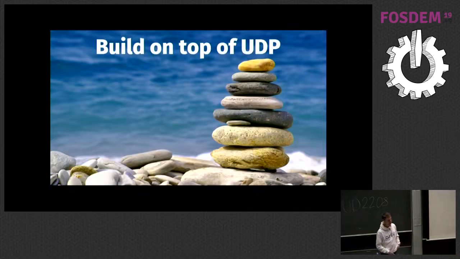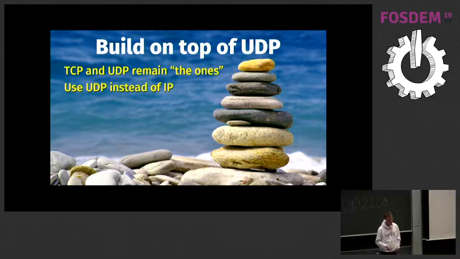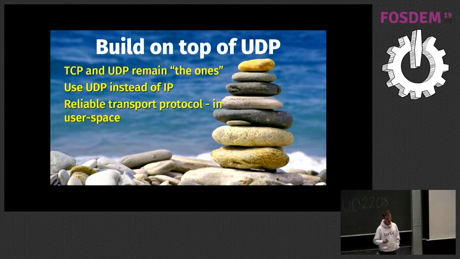And so to make this transport protocol, since I said we can't introduce new transport protocols, and we don't, then we just build it on top of UDP instead of replacing UDP. So we leave TCP and UDP. They can be like they are, right? We don't have to touch them. We instead use UDP as if it was IP, basically. It's just transporting datagrams. So we implement a reliable transport protocol in user space on top of UDP. Basically a TCP-like thing on top of it. A little bit like TCP and TLS, done by yourself.